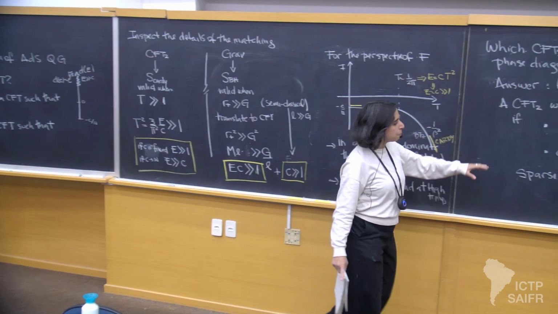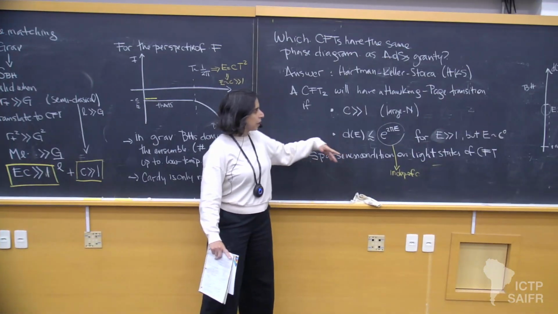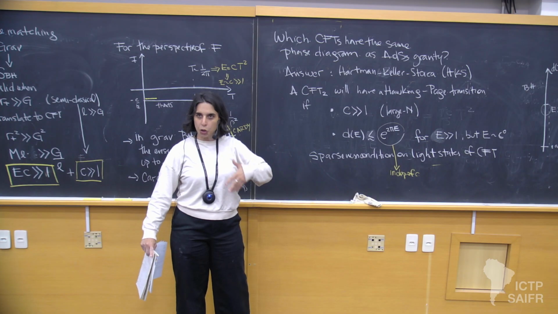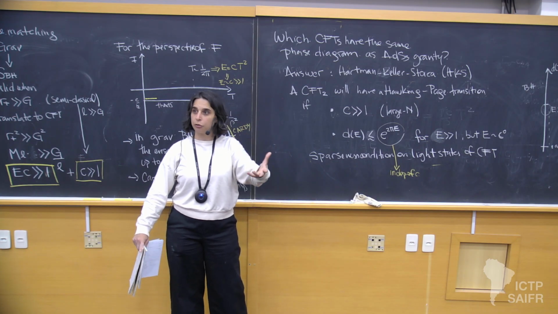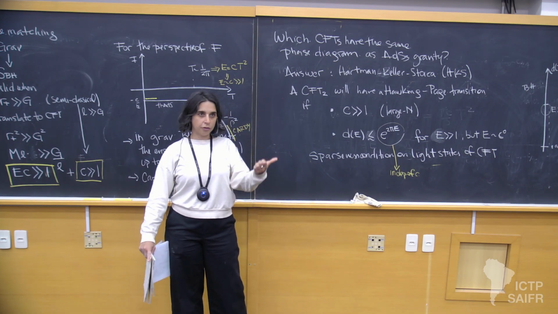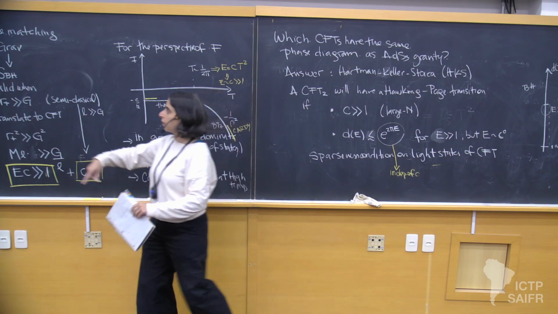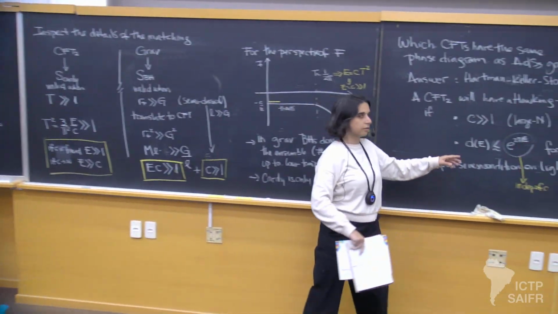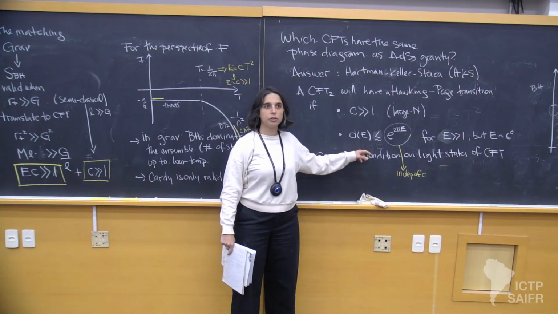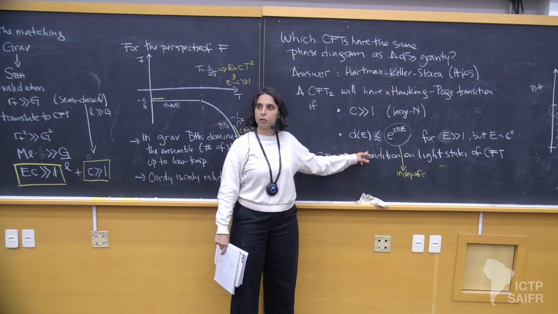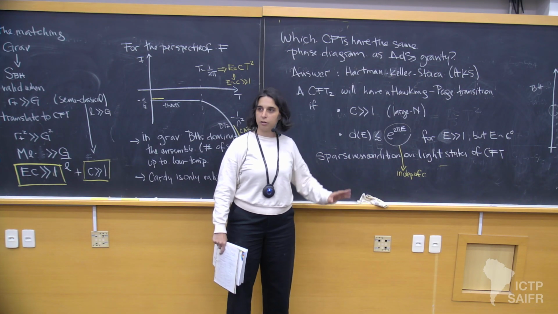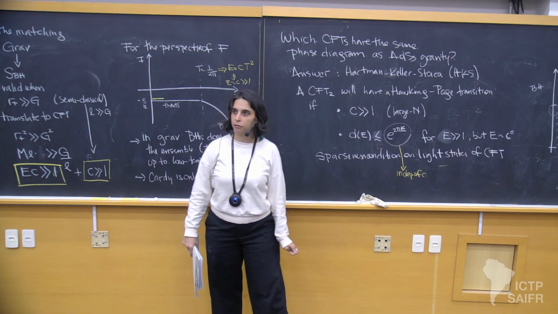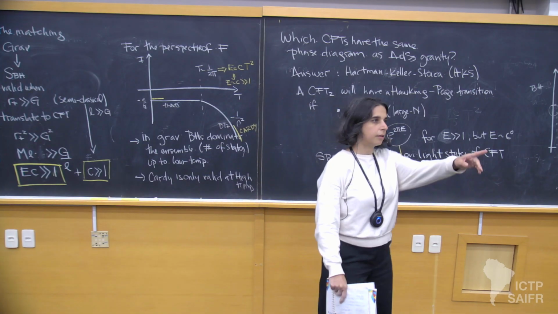And so the sparseness condition is something like, okay, if you have a CFT and you think that it will be a good model for black hole physics, the first thing that you have to check, you know that you're going to get the Cardy formula for free, but then the second thing that you check, this is a more fine-grained condition, is whether you comply with this. If you do not comply with this, goodbye. Your theory is not going to be a good model for black hole physics. Okay.